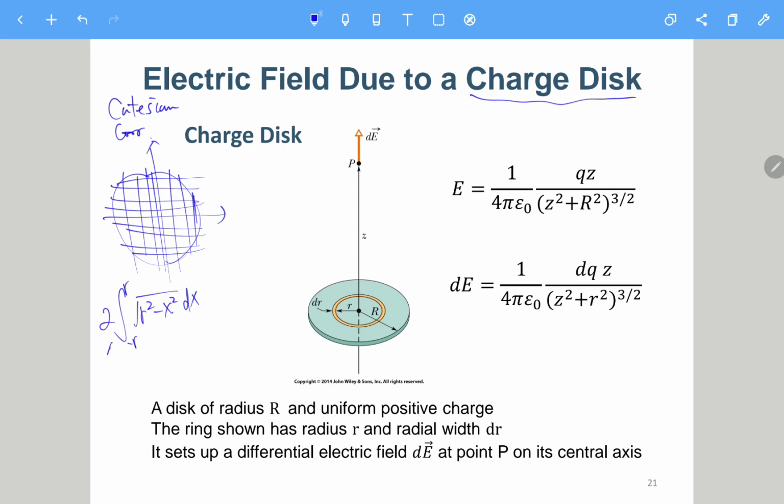This is how you cut the circle vertically, which is more difficult